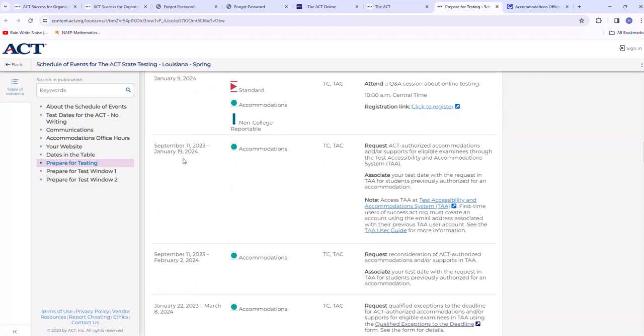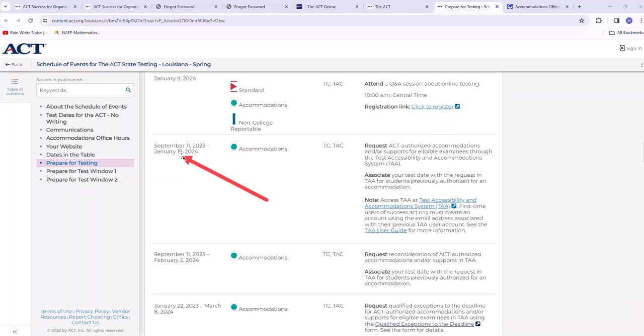And then from September 11th through January 19th. The last time we met, they didn't have the end date for uploading accommodations. Now all of you see that the window for uploading accommodations is from September 11th to January 19th.